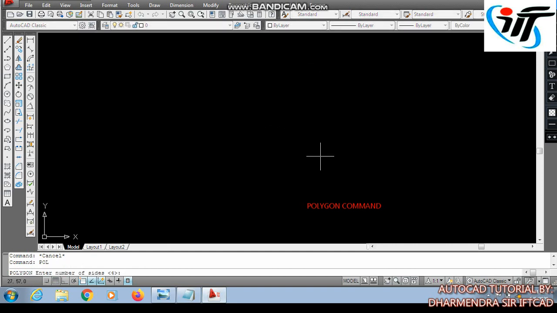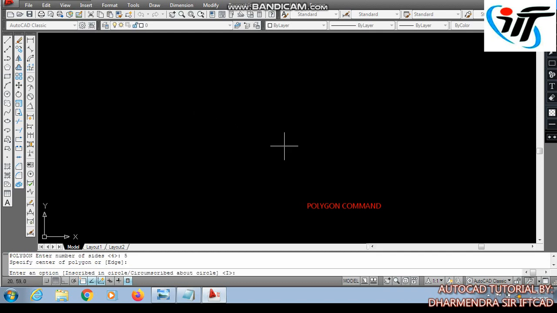When we type POL enter, it will ask to enter number of sides. We are providing number of sides 5 here. That means it will be a 5 sided polygon. Enter. Then specify center of polygon. We will click anywhere on the screen, or if we have a particular center, we will click on the center.